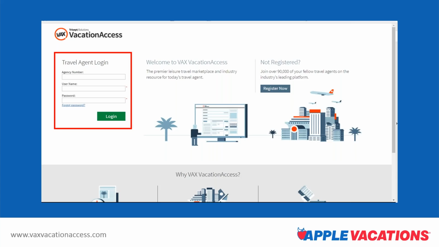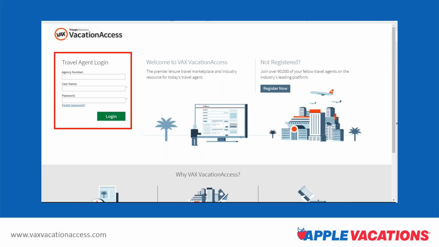So the site manager is responsible for all the agents in the agency to make sure that they have their own unique username and password, and to get any new agents that come to the agency registered. Also, if any agents retire or leave the agency, they're responsible to remove them from your agency list. And they're also responsible for customizing some features in Vax that your agency may wish to customize. There's different looks, a different way that the searches come back and look. So there are some options there, and all that would be the responsibility of your agency site manager.